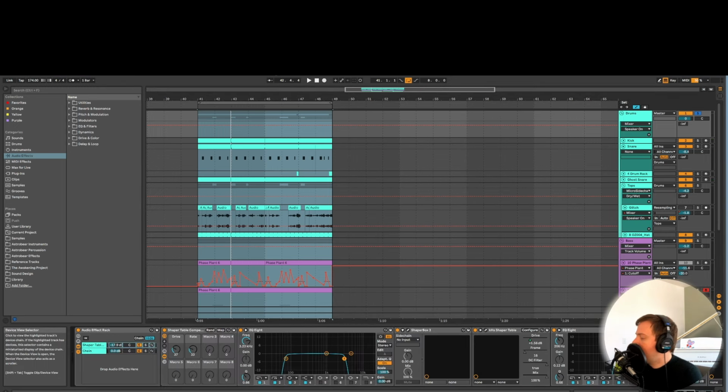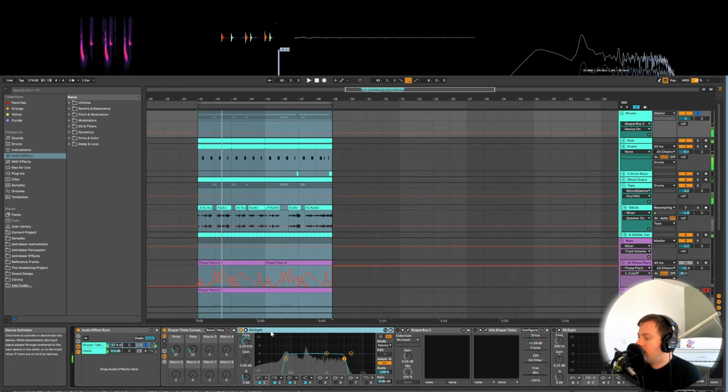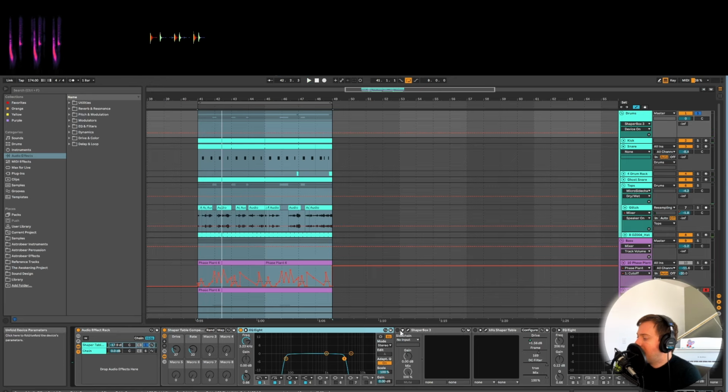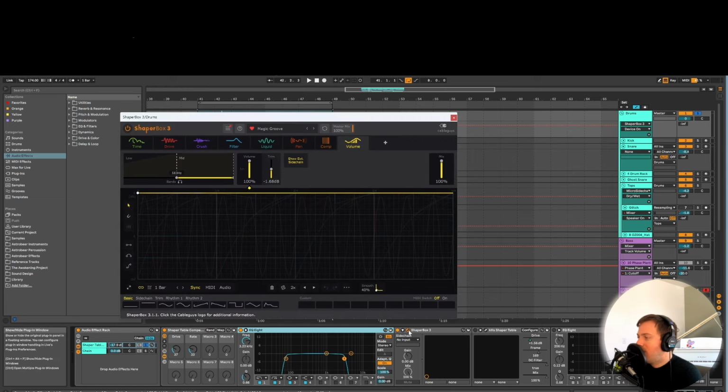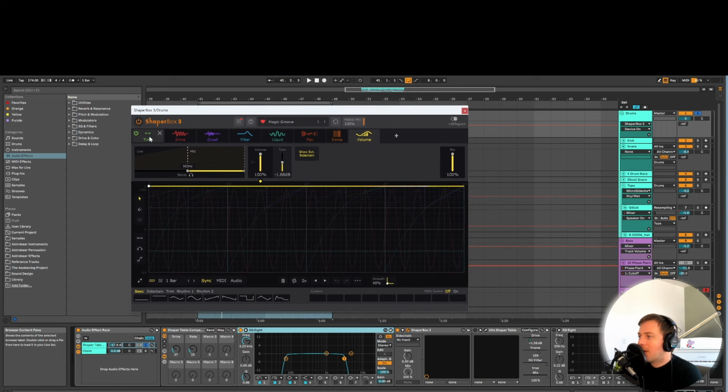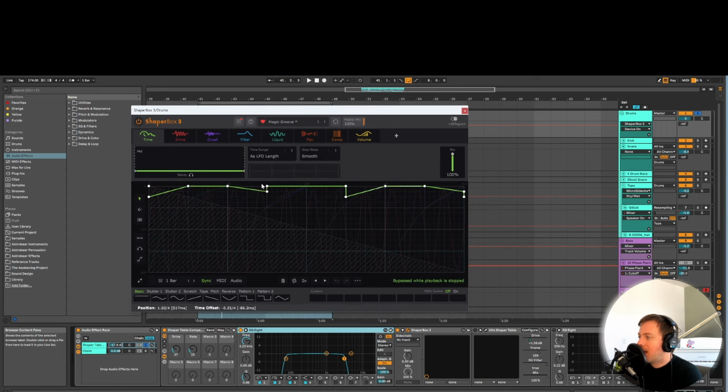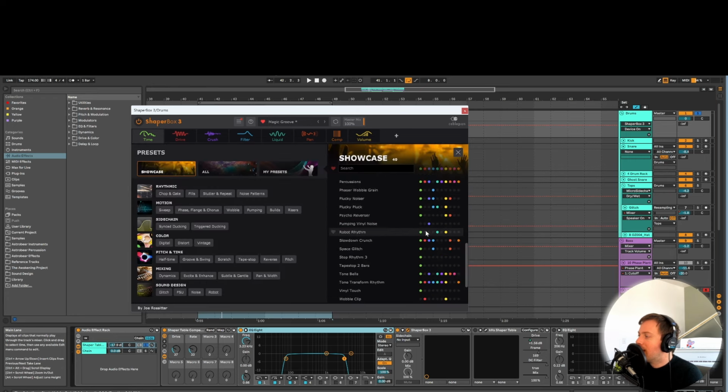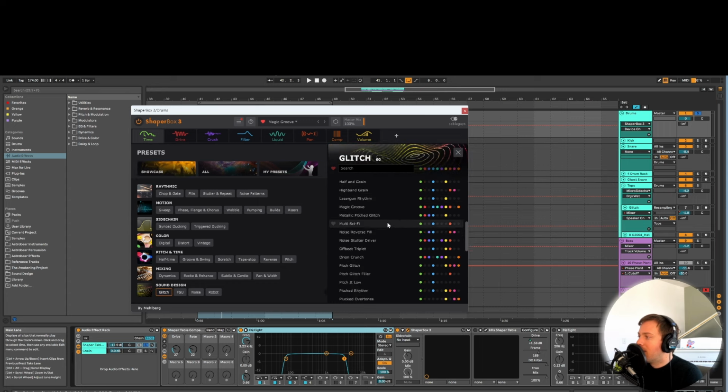So let me walk through what this chain does. I'm going to disable everything up to here. The first effect on the glitch channel is a filter, an EQ doing filtering. So I just wanted to distort a small range of the signal. And then I've got Shaper Box, which is yet another shaper plugin, but it's not doing wave shaping. Just a coincidence, but it's going to stretch the time of our signal. This is actually just a preset. So really, if you wanted to recreate this, you just go into the glitch effects and find this Magic